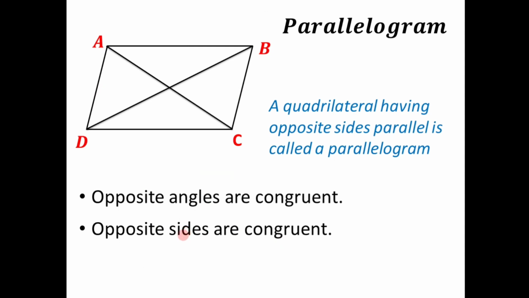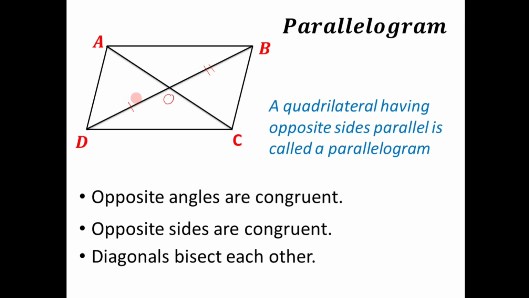Now the next property is about the diagonals of a parallelogram. So if we join here the opposite vertices of this quadrilateral, that is A and C, we get here a diagonal AC. In the same way, there is another diagonal BD, and the property of its diagonals is that diagonals of a parallelogram bisect each other. That means, suppose these diagonals intersect each other at point O, then due to diagonal AC, diagonal BD is divided into two parts, that is BO and OD. So which is congruent.